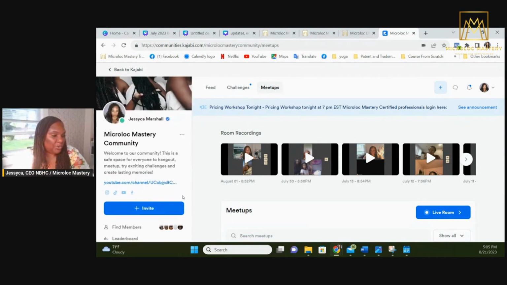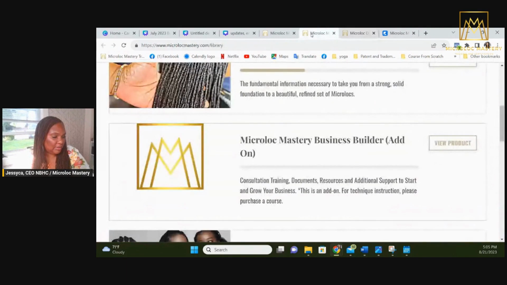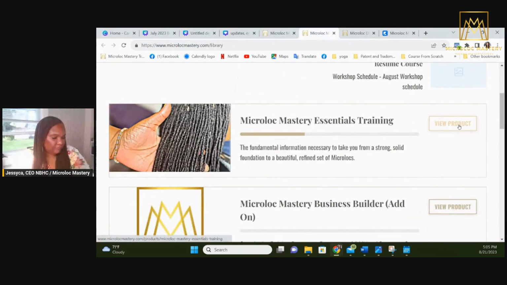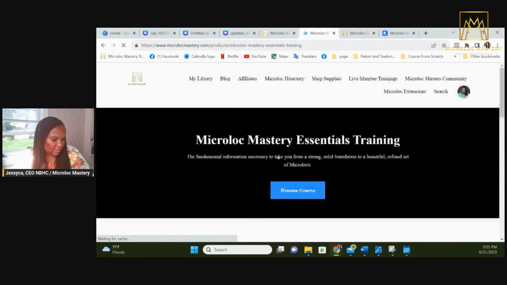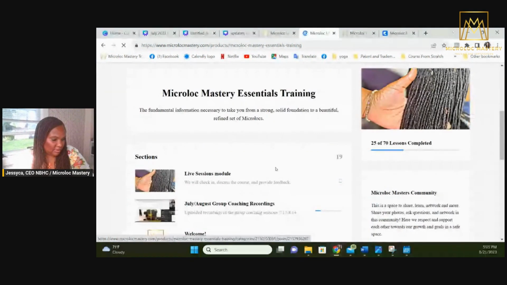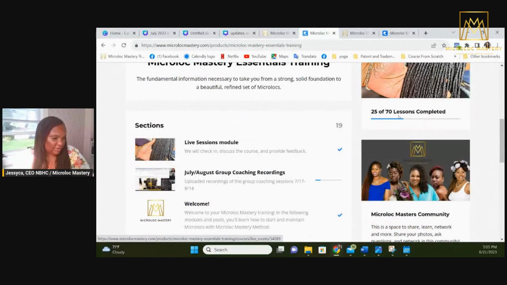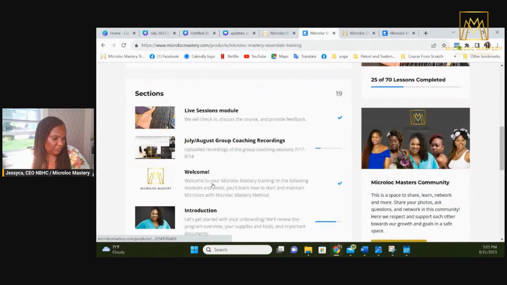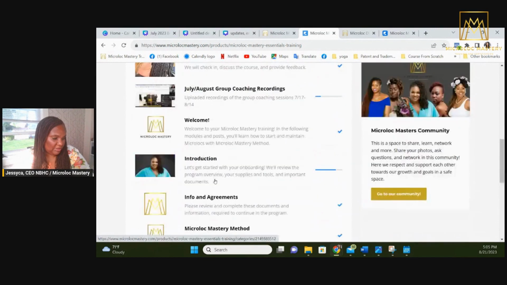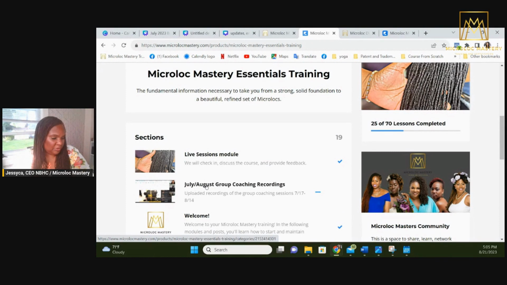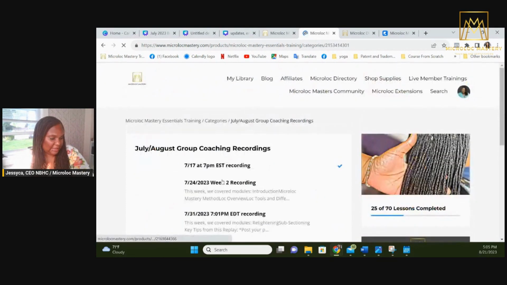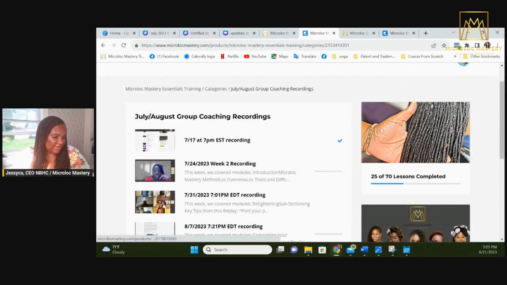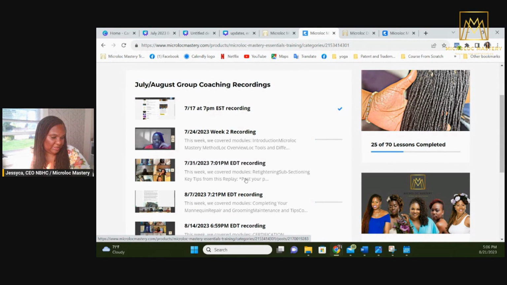And we also have, when you are in the course, a sneak peek. Hope it's not trade secrets in here. You have Jalopers group coaching recordings right here. So there's 70 lessons so far, and step-by-step instructions and tool usage and things like that. So this is where you can always go in and find a recording if you missed it. We had an awesome group. We talk about what you go through, the steps. So this is the group coaching that comes free for you. You don't have to participate in it. But if you do,